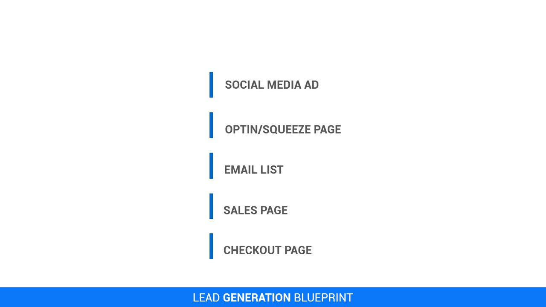Now, this was the picture I posted on the group, and I said this is the structure of a lead generation system. This is how it flows, this is how it works. If you're going to do a lead generation system, you need to have your ads. I just put social media ads because that's the one that we are going to be doing. You have your squeeze page, you have your email list, which will be generated from your squeeze page or your opt-in page, which will be sent to your sales page and then to your checkout, where those that have bought something from you can pay and leave. So this is what we are going to be working on.